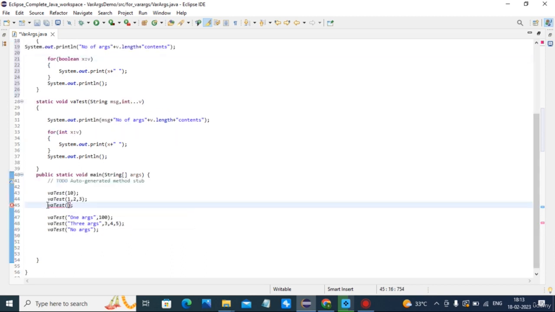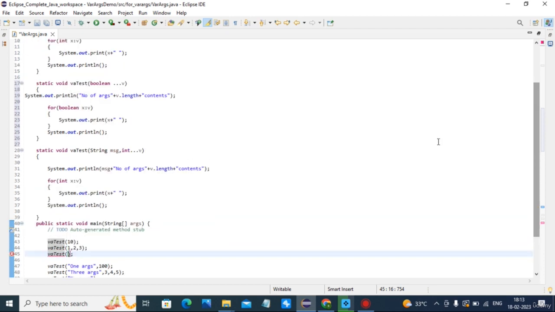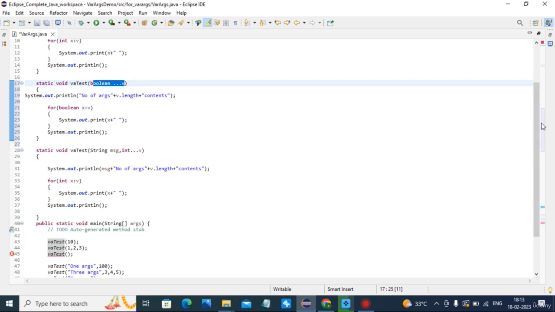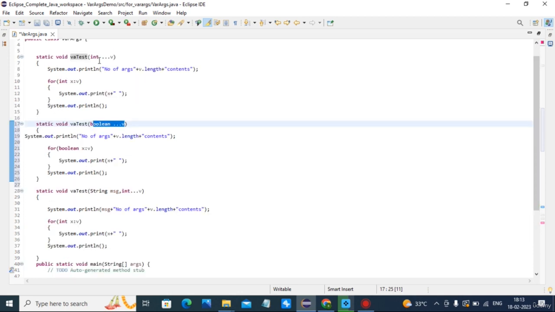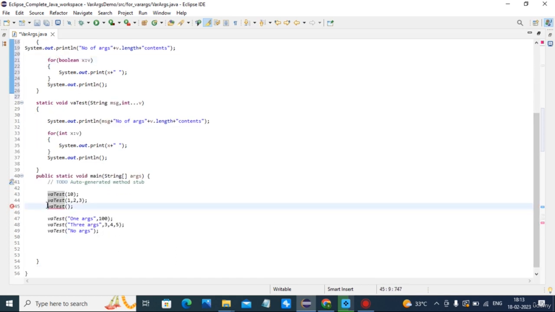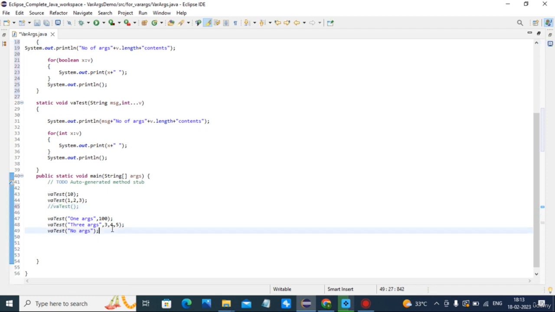This is the ambiguity. Why? Because there are no arguments present. What will happen? It will not understand. Should I call the boolean parameter method or the integer parameter method? Because this can have no arguments at all, and this can also have no arguments at all. These are variable number of arguments. This can be 0. So this is the ambiguity generated. So I comment out this line for this example.